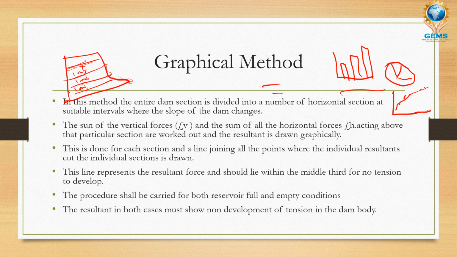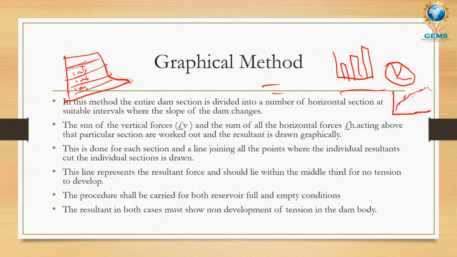This line which represents the resultant force should lie within the middle third for no tension to develop. The point explained here is that the line we are drawing should be within the middle third, h by 3, so that there is no tension developed. If tension is developed, it means the line will fall